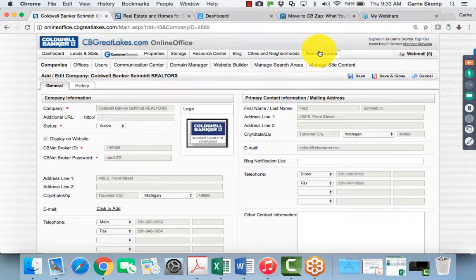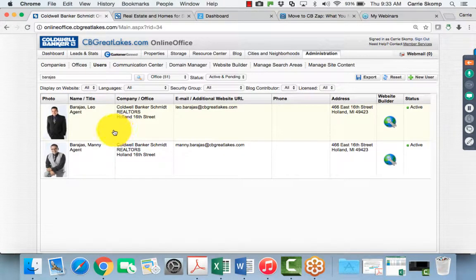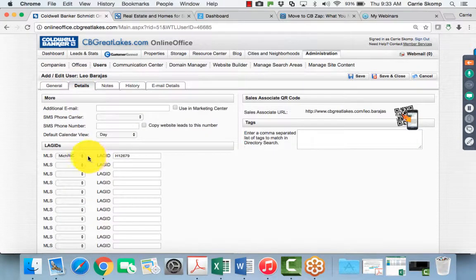admins, ASCs need to go to the Administration tab, go to Users, find the person, the new agent in their office, click on their account, and then you need to go to the Details page. There will be a drop down here. Depending on which region you're in, you need to pick the correct MLS feed, and then you put in this